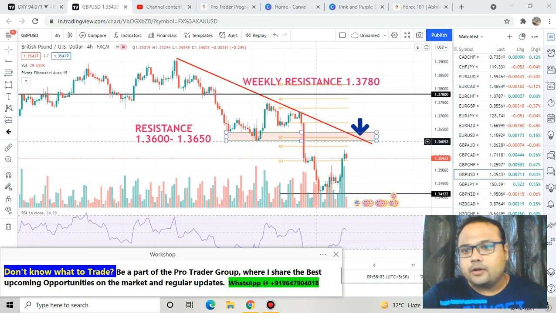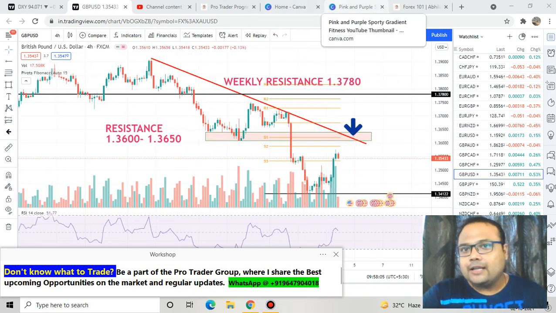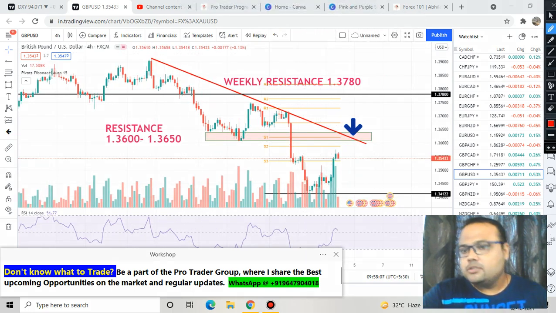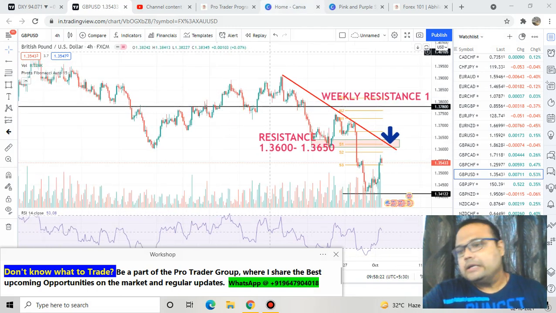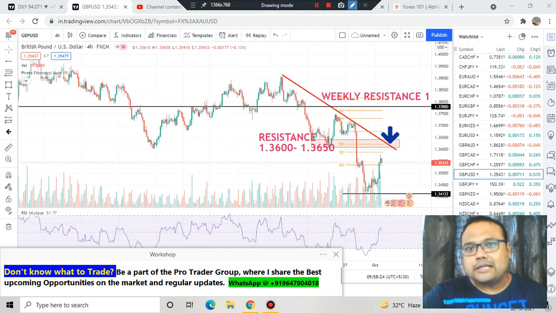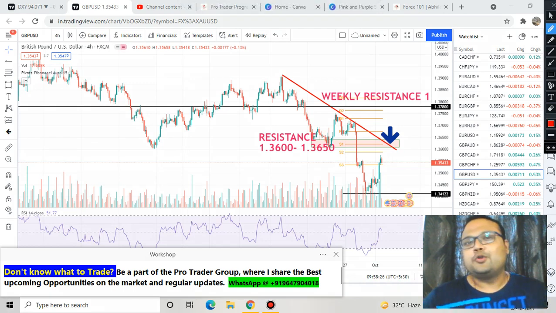First of all, you can see that during the last trading session GBP USD recovered quite a bit and ultimately closed at 1.3543. This is the last traded price of GBP USD, and if you look at the trend of the market here, then the trend is still towards the downside, and as we all know, trend is the